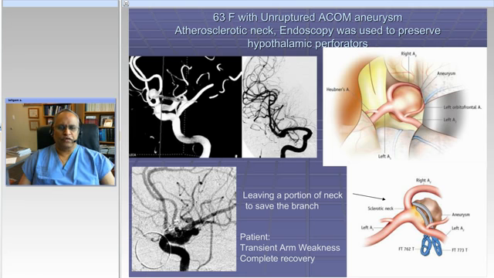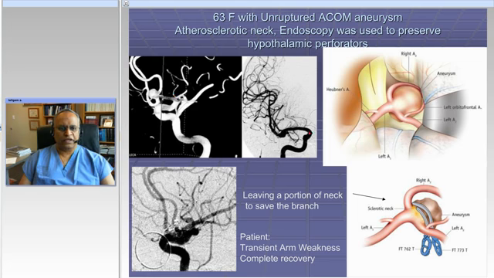Now I'm going to show you a few patients to illustrate points. This is a 63-year-old woman with an unruptured ACOM aneurysm. One of the things that was evident during surgery was that the neck was very atherosclerotic. What you can see here is that this is the left carotid injection. There is a single